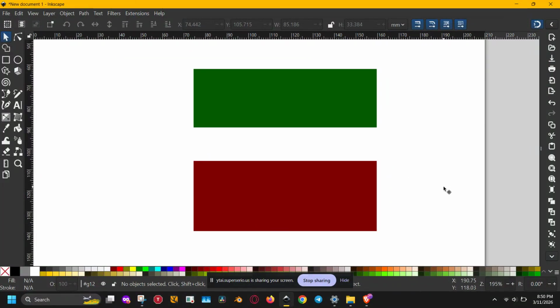Today, we are diving into a crucial task for vector design, how to accurately join nodes in Inkscape. Whether you're creating complex illustrations or technical diagrams, knowing how to clean up your paths by joining endpoints is a major time saver. By the end of this video, you will be a pro at bridging gaps between lines and